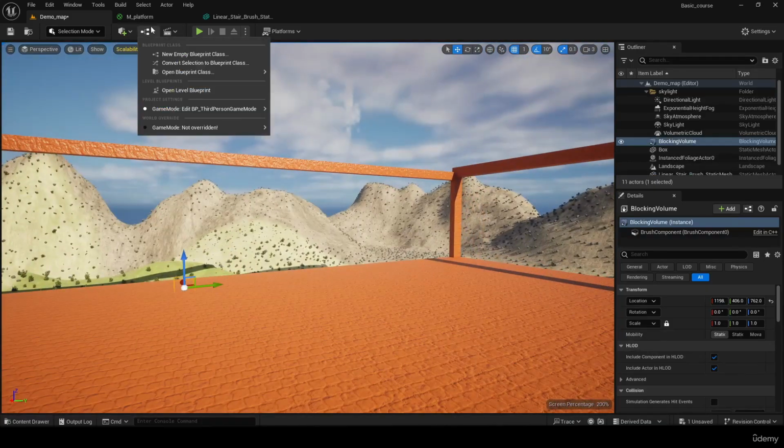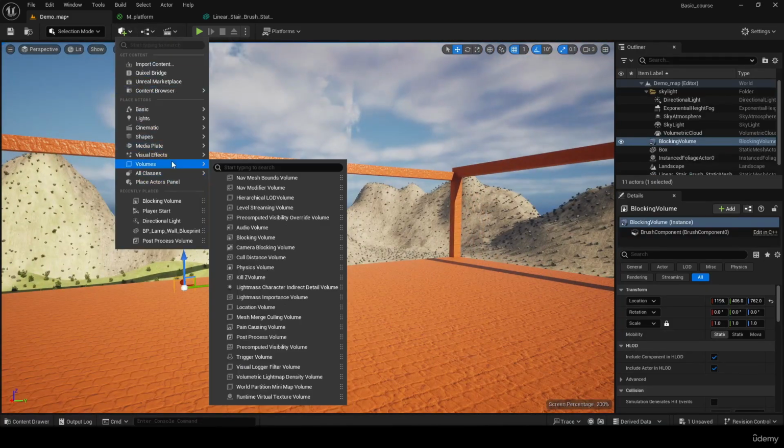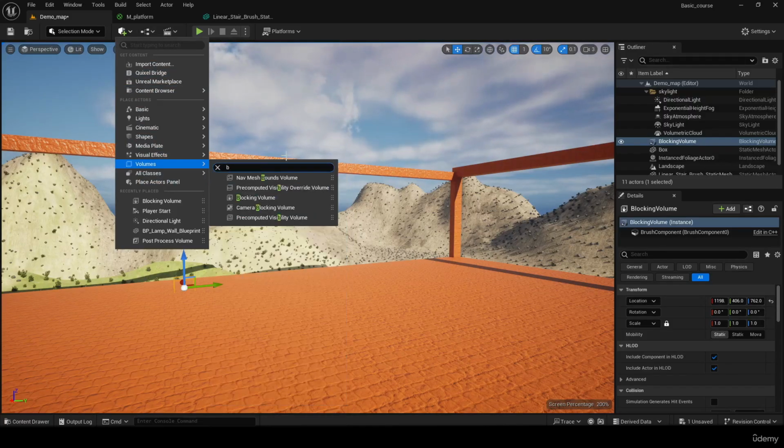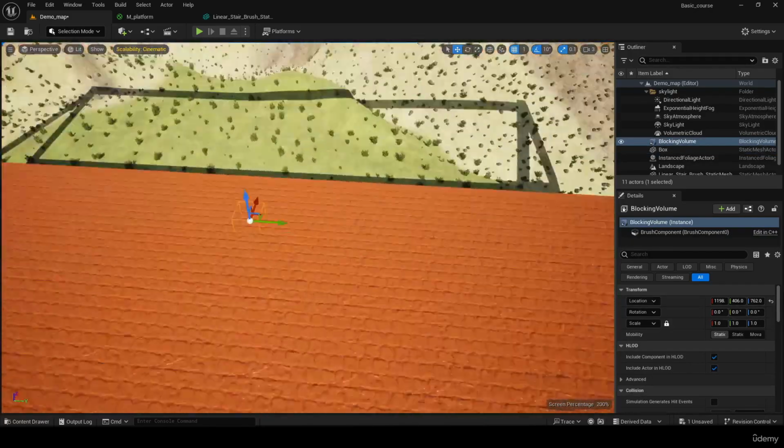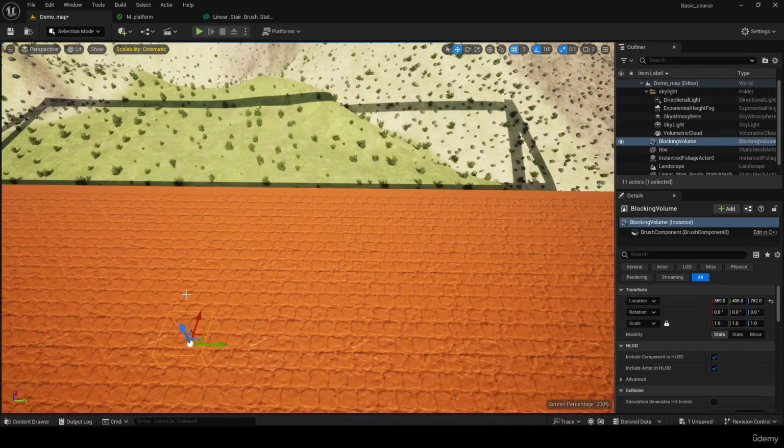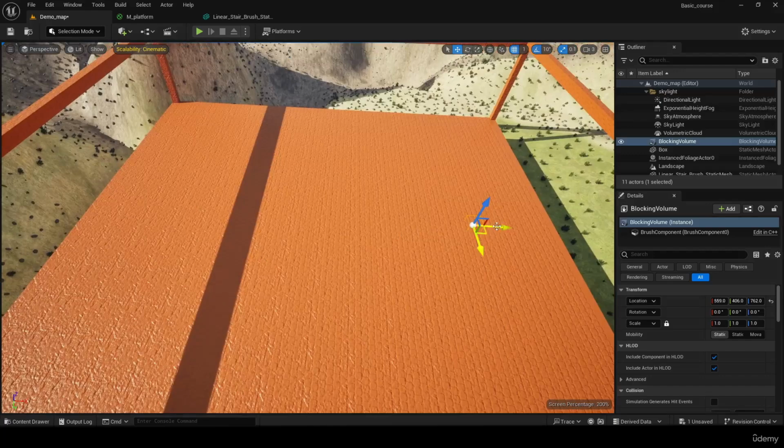You could also click here and go to volumes and go to blocking volume, or just search here. So we have this blocking volume now, which all we really need to do is scale up to be more precise. And let's do this. Just for demonstration purposes, I'm going to make it very big on all sides